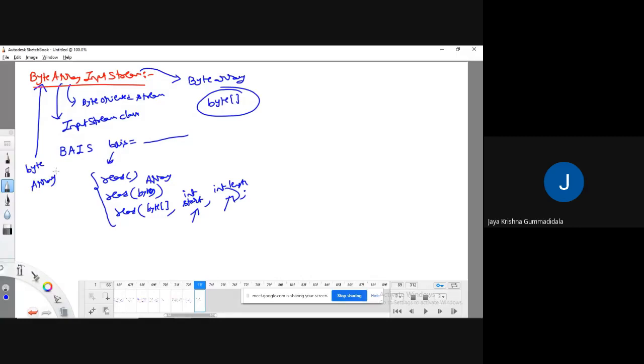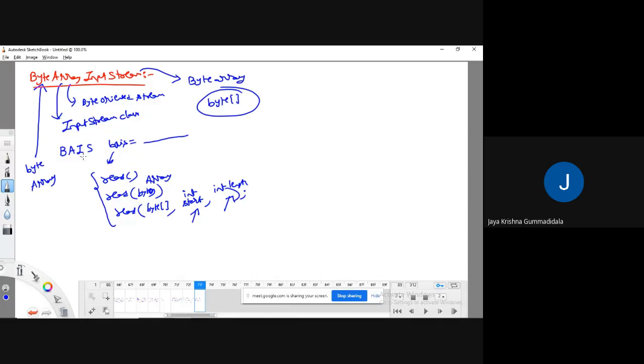What is the advantage of file input stream? To read the data from the file. To read the data from the file, I will use file input stream. To read the data from the byte array, I can use byte array input stream. What is the advantage of data input stream? In order to read the data from the file, and also to support double, string, short, all these kinds of values, we need to use the data input stream. Like this, every class has a specific advantage. Okay, now I hope I am clearly defining everything for every class.